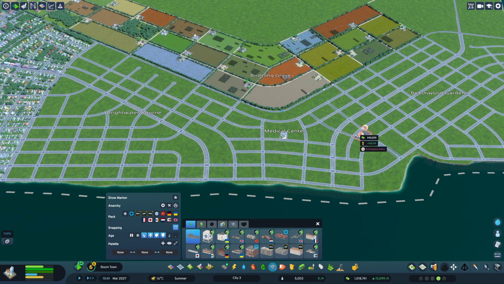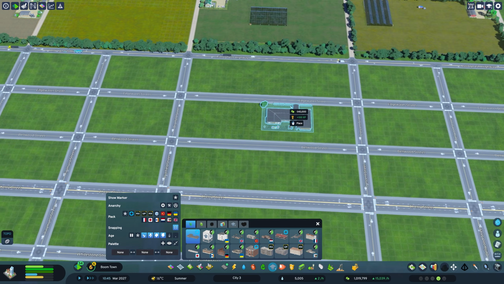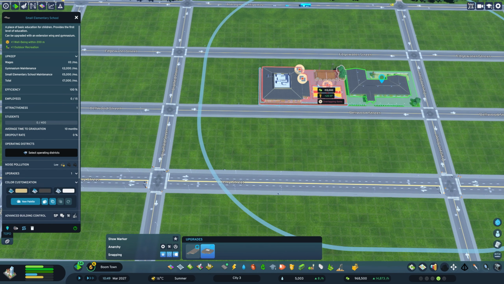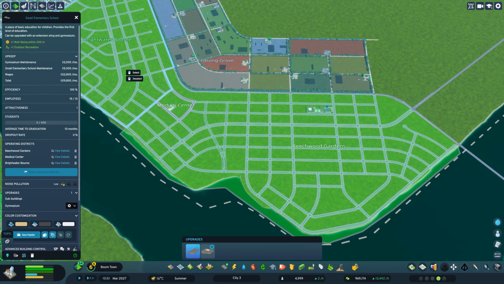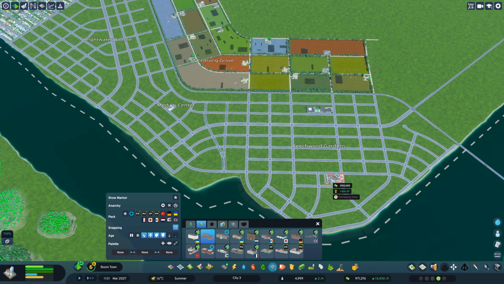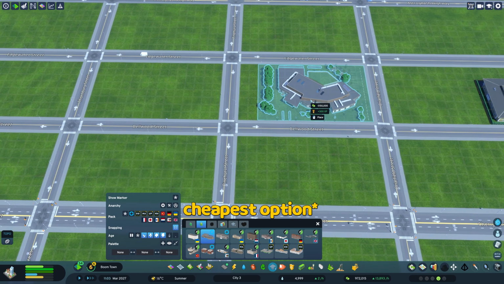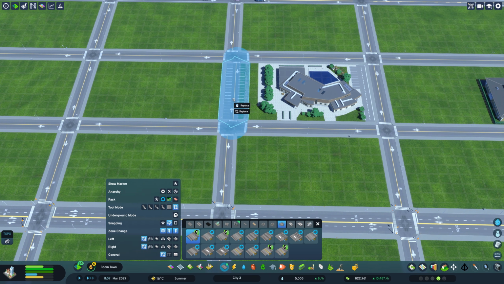For schools, we want to place them somewhere very cheap, but also very central, and the best spot to me looks like right here. This time we're going to add on the gymnasium, and before we do anything, let's set it to these districts only. For the high school, I really don't like reusing assets, but at this point in time, it's really our only option. So we'll get that placed in beside our elementary school, and then we're going to upgrade this road to